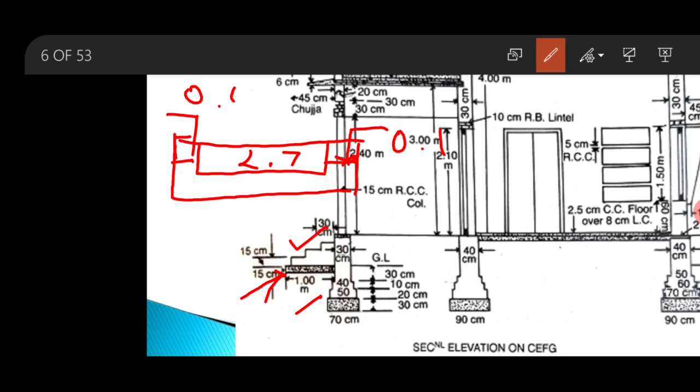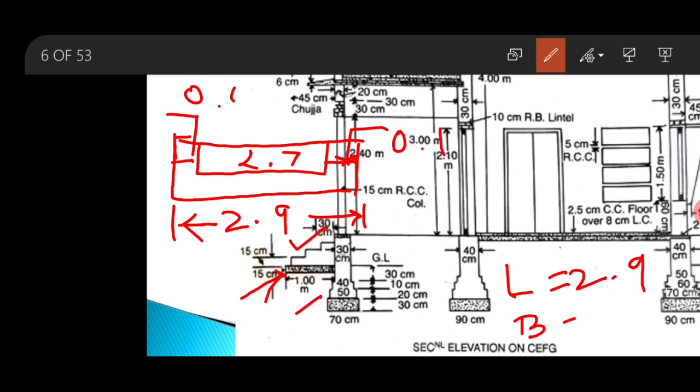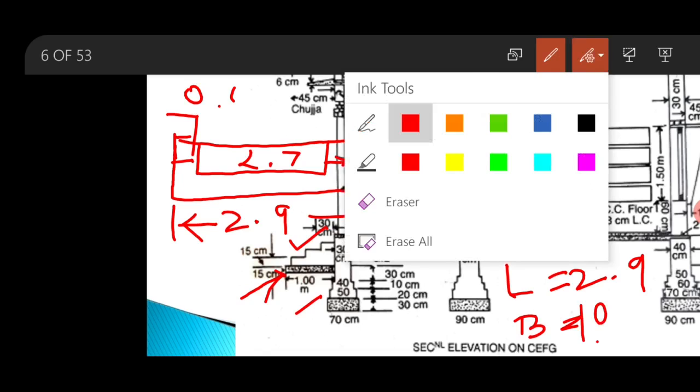So this will be equal to 2.9. So the length will become 2.9, breadth is 1 meter, and depth is